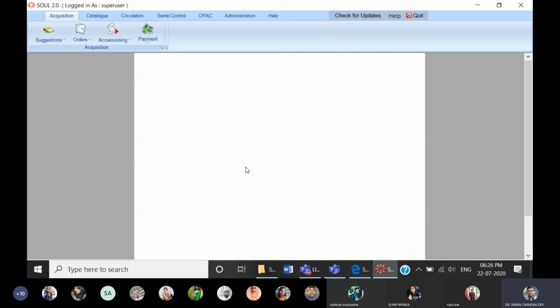If you get a problem, then only you have to install .NET. I will give you the link from where to download the .NET offline installer, because basically it should install directly online from the Microsoft site, but sometimes it creates problems, and most of your laptops may be using pirated Windows operating system, which they don't allow. Those who have pirated Windows cannot download .NET from the Microsoft site. Any question up to here?